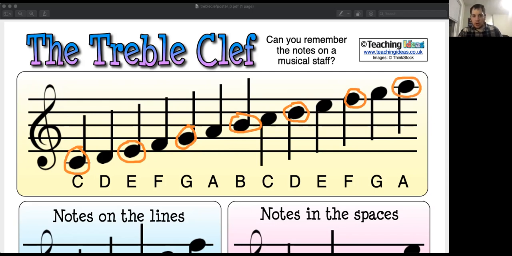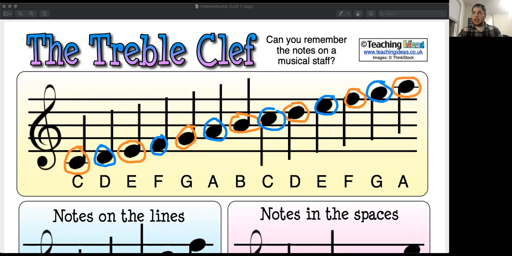And now I'm going to circle all of these space notes in blue. And if we separate those out and we ignore the ones that are on ledger lines or above or below the staff, what we get, everyone,